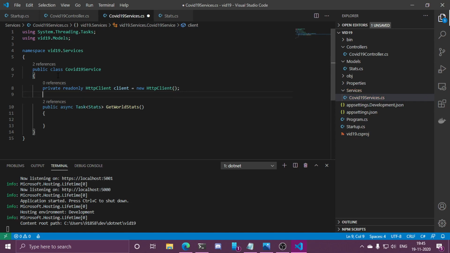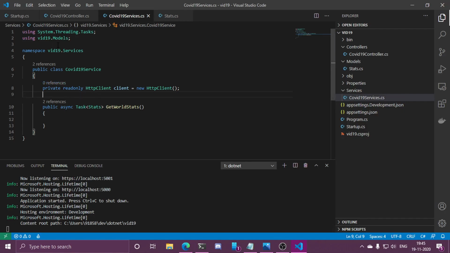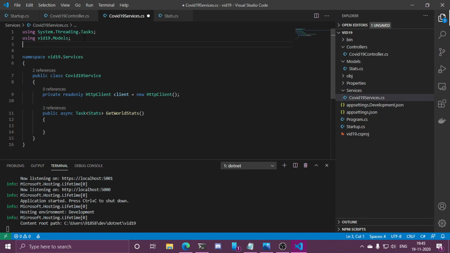Okay, so this is going to be the client which we are going to use in order to fetch data from the actual API, this API. And let's import the namespace as well. It lives inside System.Net.Http.